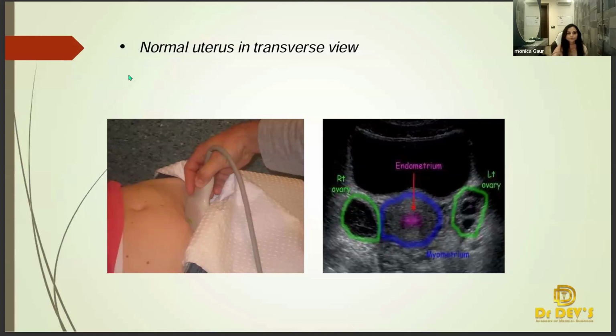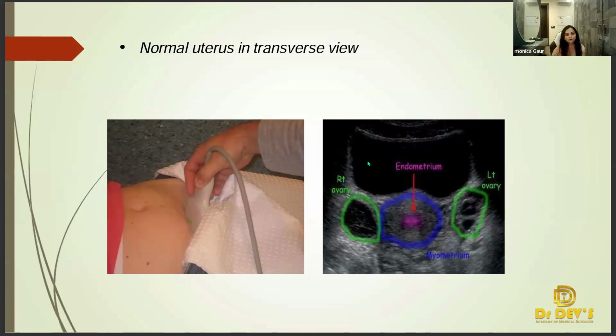Okay, so no questions. So when we talk about the normal uterus, we take two views. First is transverse, or longitudinal. Let me tell you one more thing, that whenever we scan ultrasound patients, we always take two views of each and every organ without exception. Just forget about the thing that we see the pancreas only in transverse view. No, we have to take the longitudinal view of the pancreas as well.